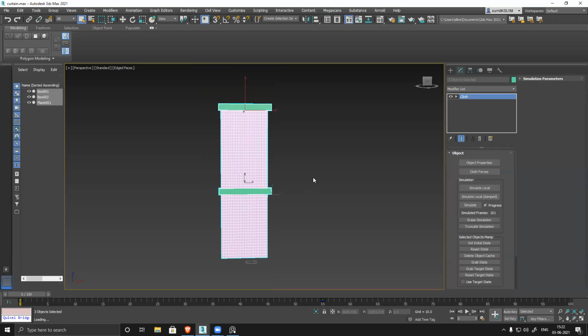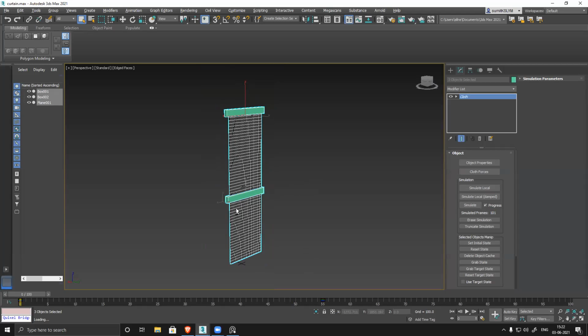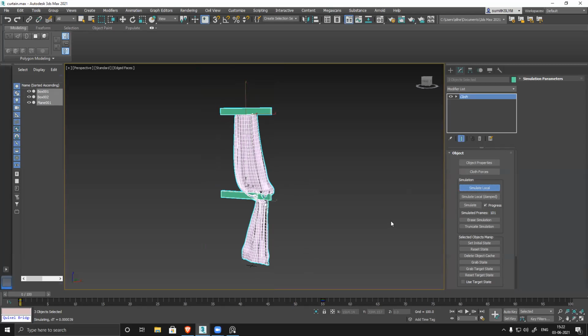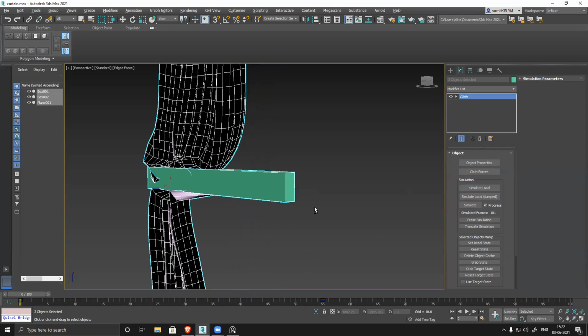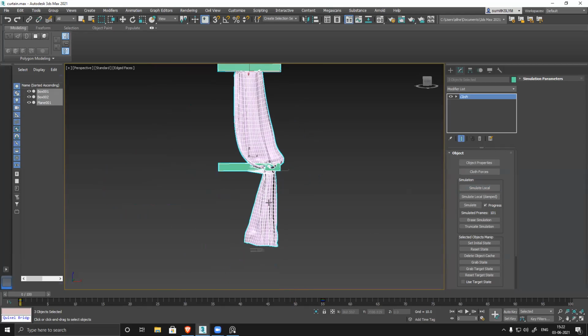Yes, sir, and it's coming out. It's not free falling, but it's folding, and when it's folding, the curtain is coming out of the box model, the lower part one. Why is this happening? I also don't know.